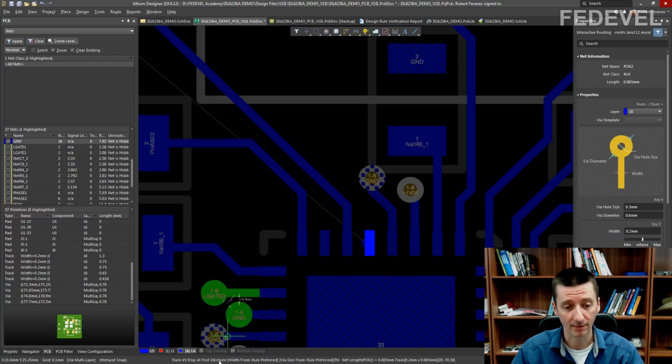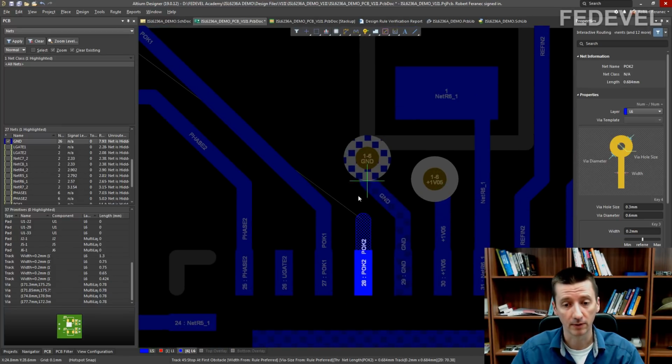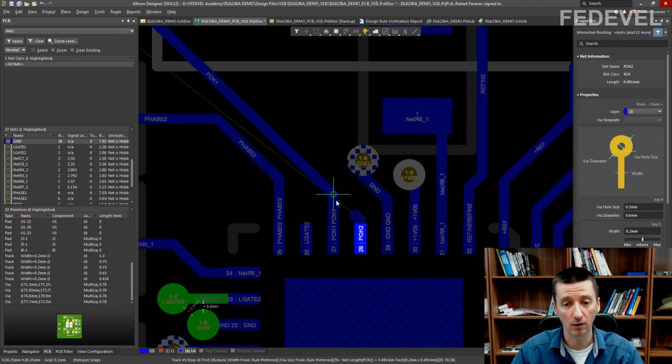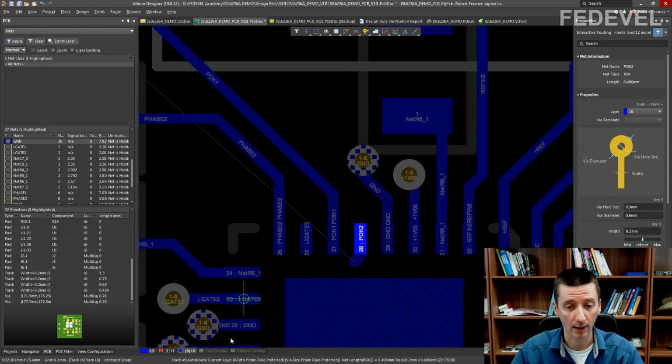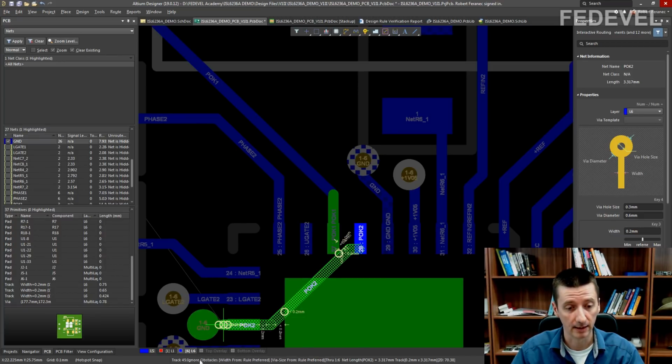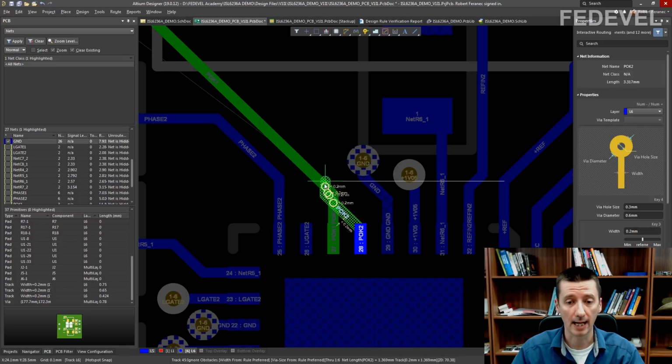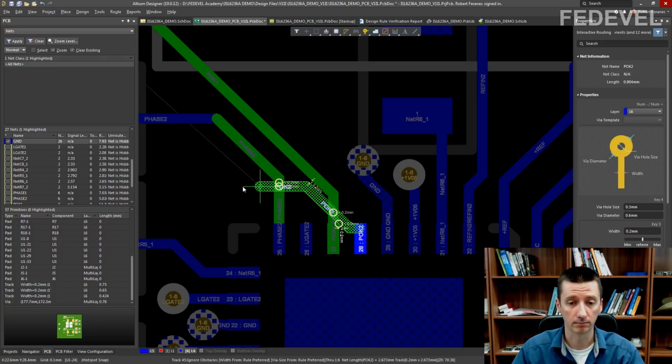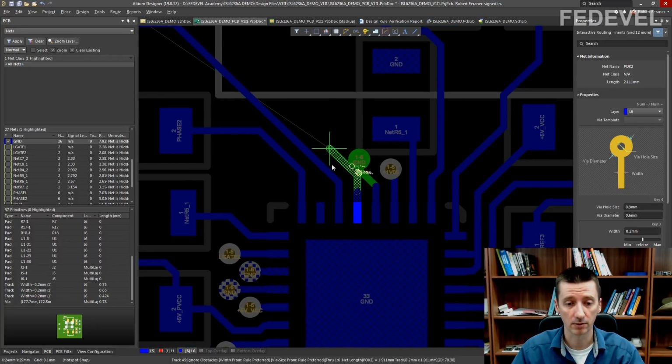See? Stop at first obstacle. It is a different kind of mode. It's just doing nothing. It just stops. See? It doesn't allow me to route. Press Shift R again, you can change to auto route. I don't use this. Press Shift R, auto route, Shift R, ignore obstacles. So now I can route even if there are errors.